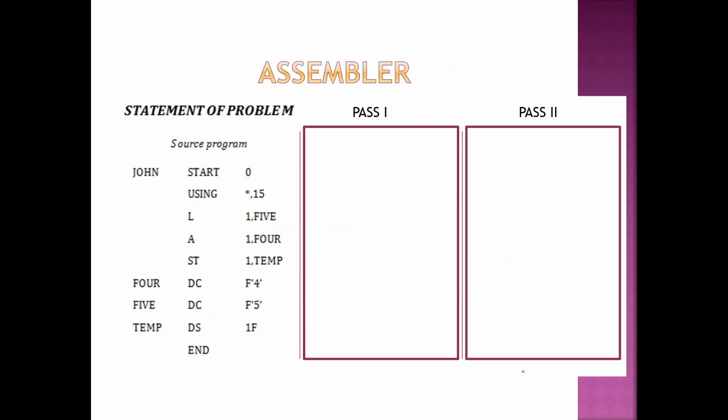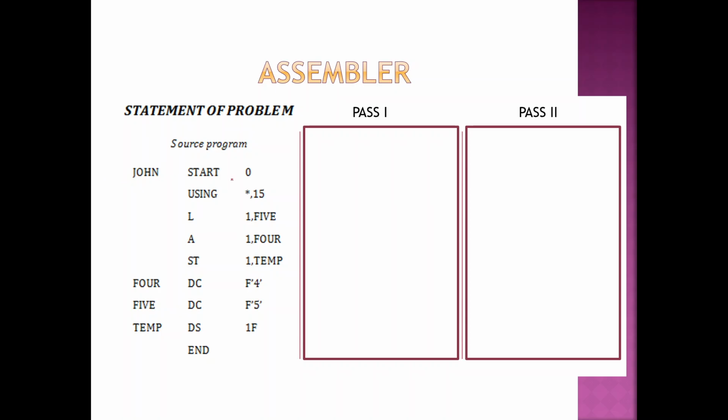First, let us take an example. The previous program we did take as an example is going to be a little bit complicated, so I will take a simple program now. We will try to assemble this simple program so you will understand it better, right? The name of this program is John. You can see the name of the program here is John.